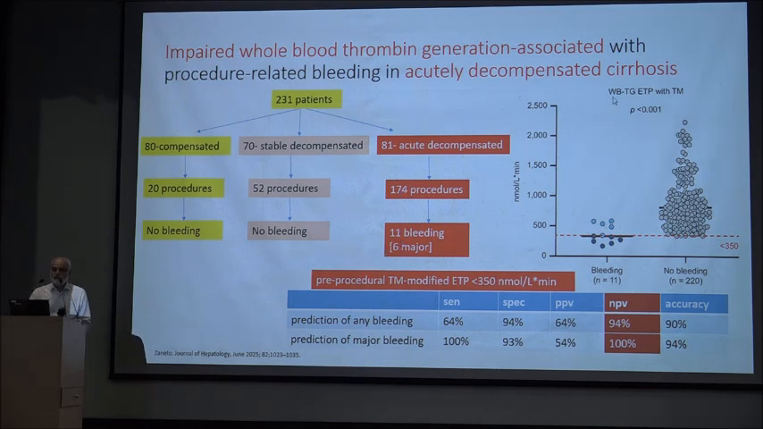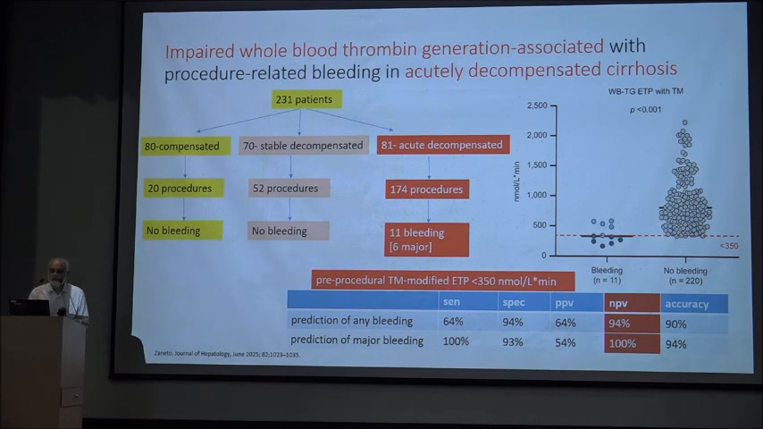Then this studied whole blood thrombin generation with thrombomodulin. And as we can see, pre-procedural thrombomodulin modified thrombin potential less than 350 nanomole per liter per minute predicted bleeding. So this cutoff had a sensitivity of 100% and negative predictive value of 100% for predicting major bleeding. So we are interested in major bleeding only. So this could be one test which has been shown that it could predict independent of the severity of liver disease, but only 6 patients had major bleeding, so conclusions cannot be